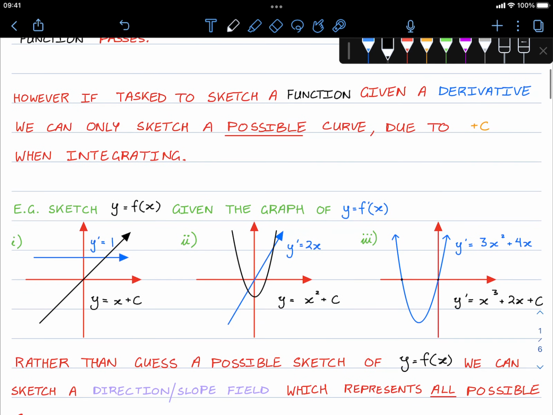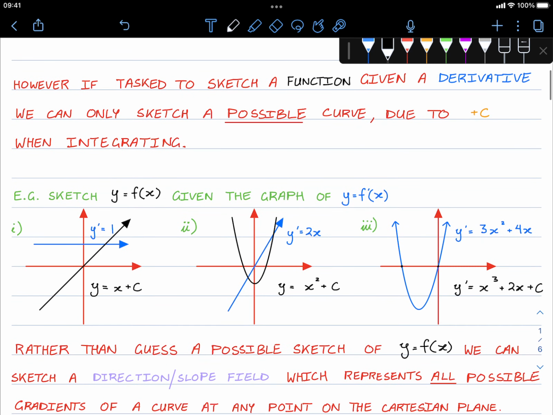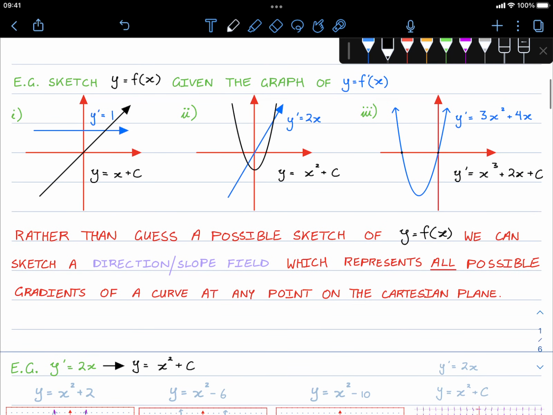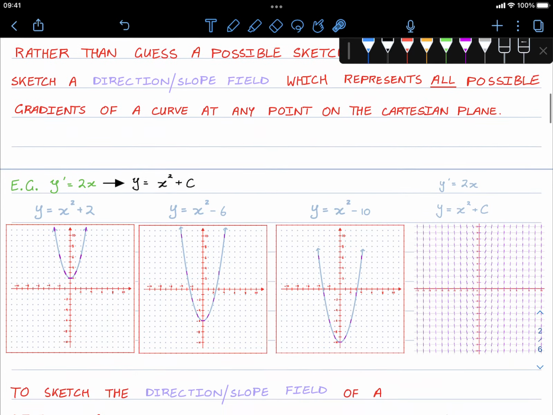This is where slope fields come into play. Rather than guess a possible sketch of the function, we can sketch a direction or slope field, which represents all possible gradients of a curve at any point on the Cartesian plane. So for example,